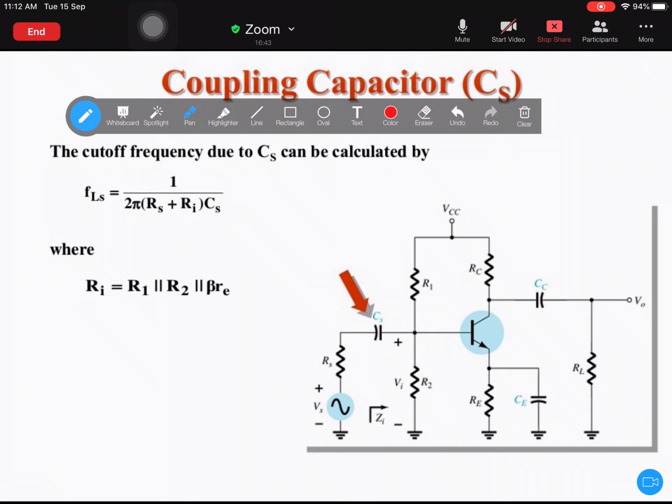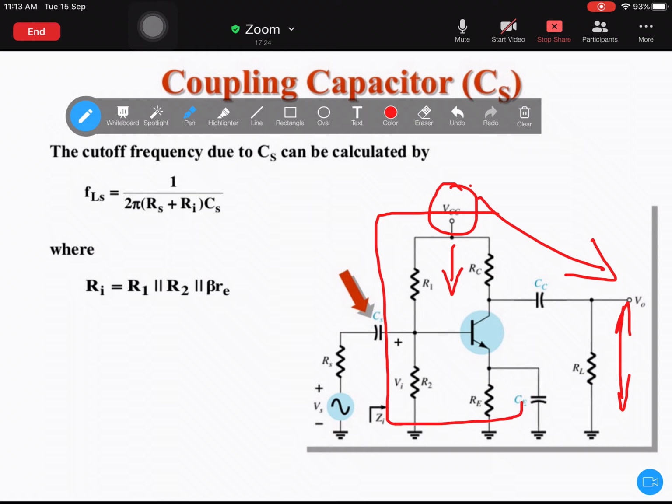Okay, similarly on the output side also, if for some reason a short circuit has taken place on the output side, then there is a chance of current flow in this direction from the DC voltage source, which must only provide biasing for the circuit. The main purpose of VCC is to provide DC biasing only. It should not provide currents to the output side or the input side. It should only be used to bias the transistor, that is, it must be used in this circuit only.